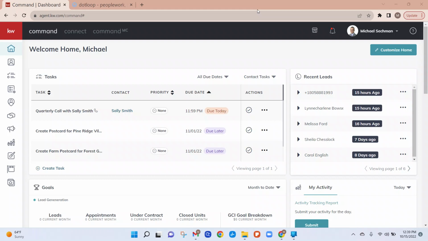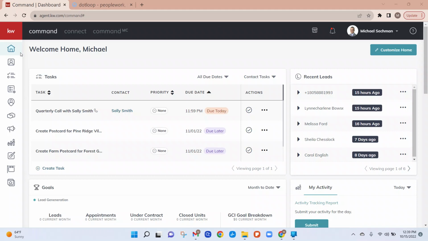Hi everyone. Now that we have gone through the process to create an opportunity for either a listing or a co-broke sale, now I want to show you how to upload your executed documents to that opportunity in order to submit them to the Market Center. So again, we're in command